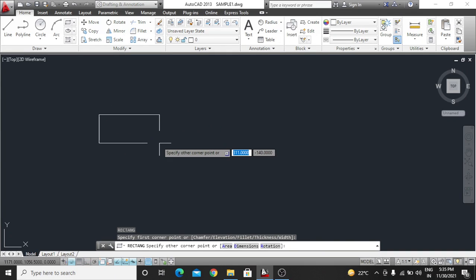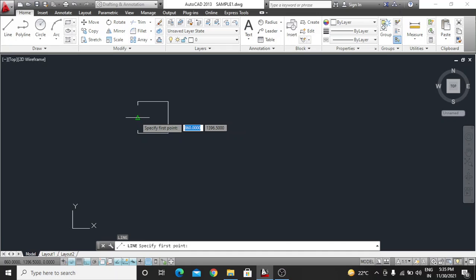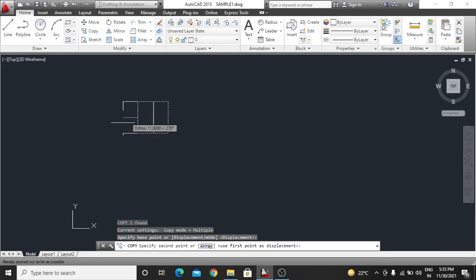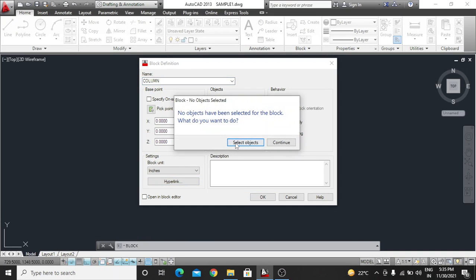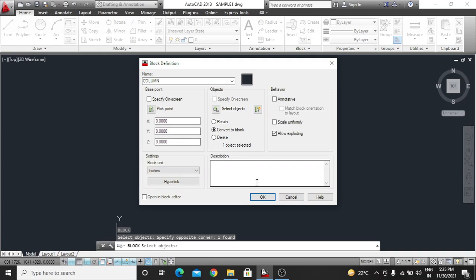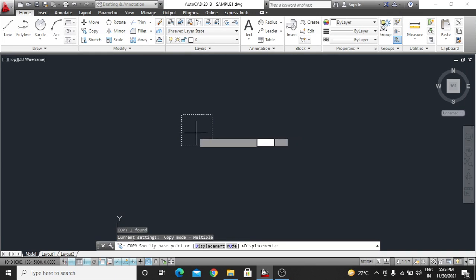You just made a column of 400, tab 400, enter. You have a column and you have made a number of columns, so make it a block, give the name column and enter. If you enter and OK, it is now a block. Just make copies.